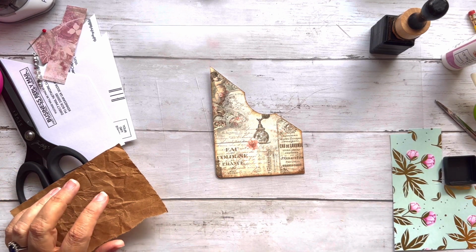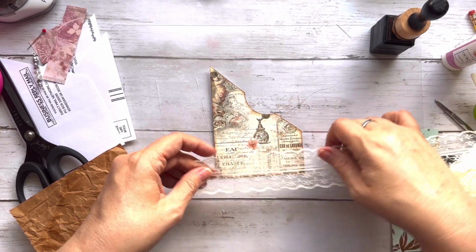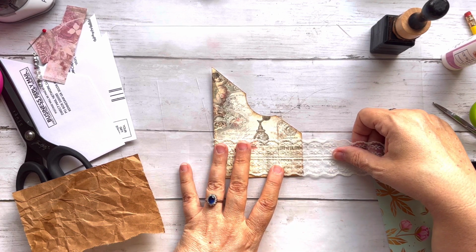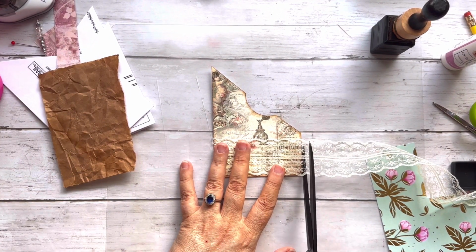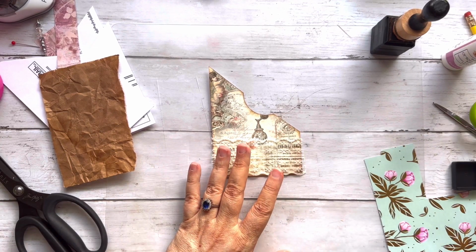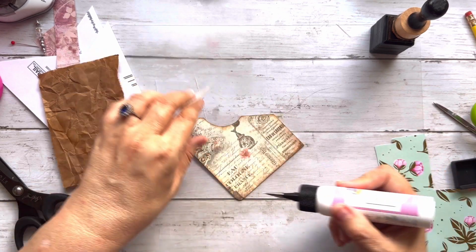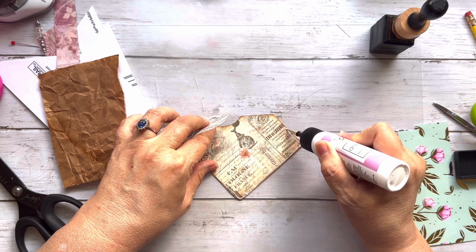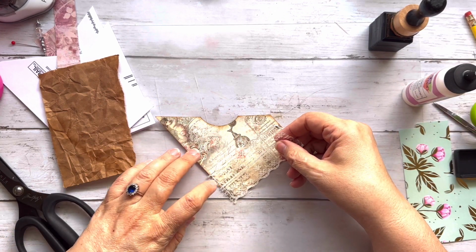Maybe just a little piece of, let's see here, because I've got scraps coming out my ears. Maybe a piece of, let me see, I'm thinking lace. Maybe run a little piece of lace across the bottom there. That could technically be a tuck as well. And let's see. I think I'm going to do that just because I really like that idea. Look at how those cut. It's just astounding how good those scissors cut. I'm going to try to lay that down where